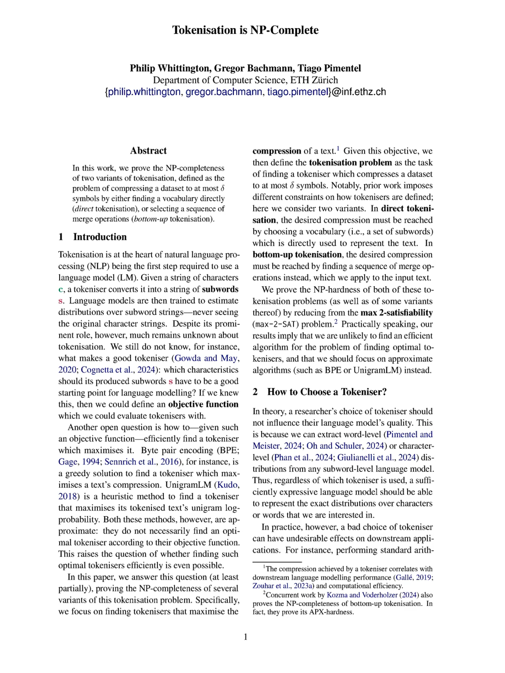tasks. The paper demonstrates that both direct and bottom-up tokenization problems are NP-complete, indicating that finding optimal solutions is computationally challenging. Consequently, the authors suggest focusing on approximate algorithms like byte-pair encoding (BPE) and unigram LM, which are more feasible in practice. By addressing the complexities of tokenization, the method contributes to improving the efficiency and effectiveness of